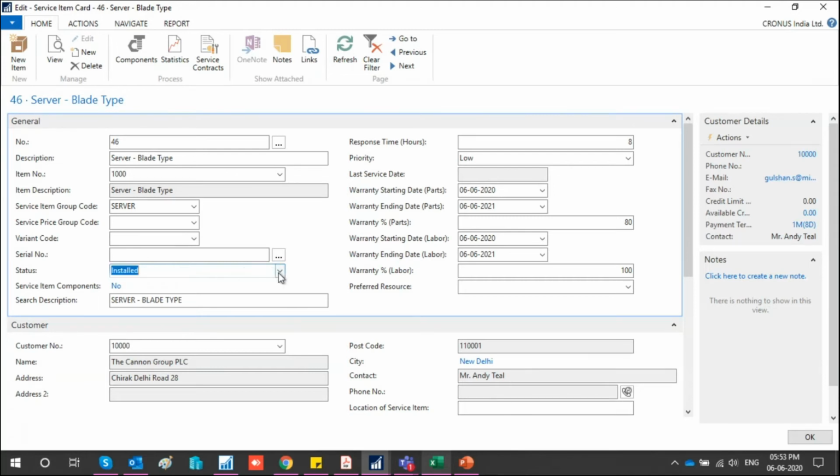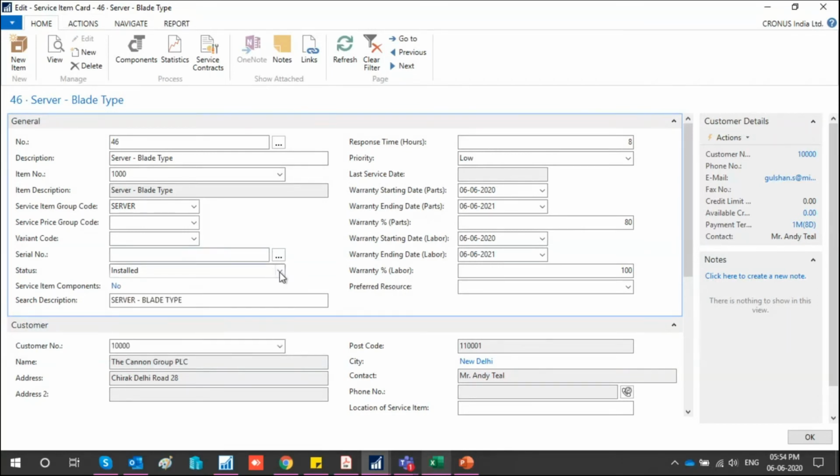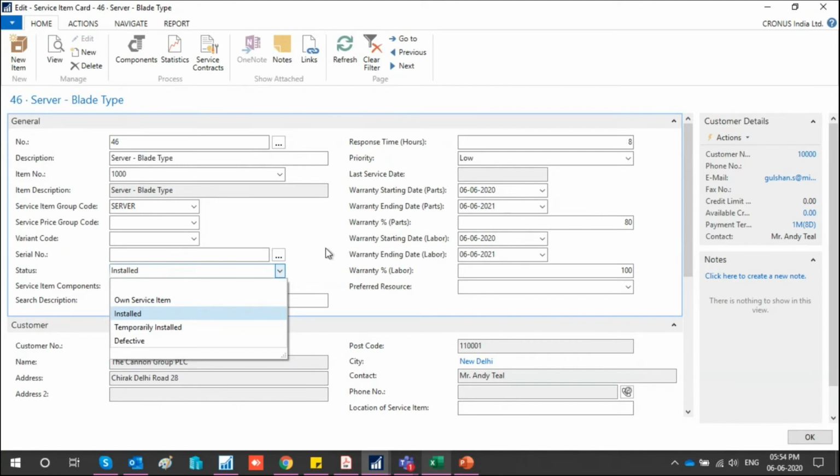And if it is installed at the customer site, that is installed. And if it is temporarily installed, it means you have given it for a demo purpose or something. And defective means the piece, from the manufacturer's day itself, was defective. It was not sent to the customer site, but that piece being manufactured, QC was also done, but it was defective. So now you want maintenance and you can resell it. So for this status, there's no validation or other importance of this field. Just for information purposes, you can tag it.